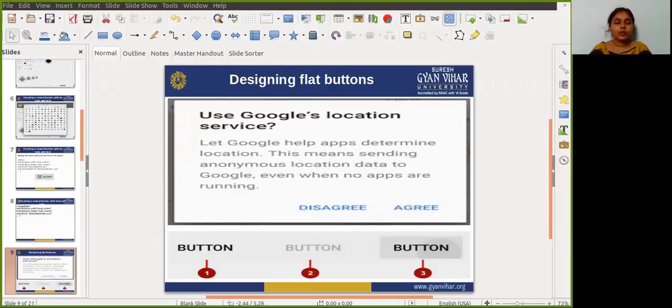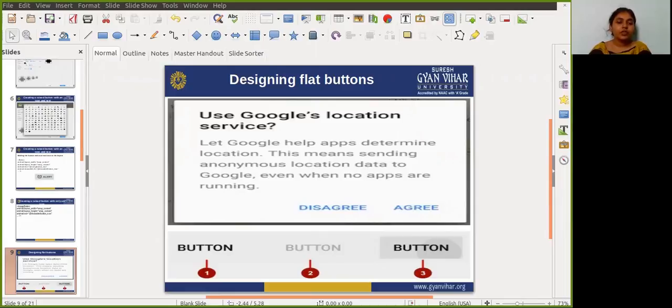In the normal state, the button looks just like ordinary text. In the disabled state, the text is grayed out, and the button is not active in the app context. The next state is the pressed state. The pressed state, with a background shadow, indicates that the button is being touched or clicked. So when you attach a callback to the button, the callback is called when the button is in this state.